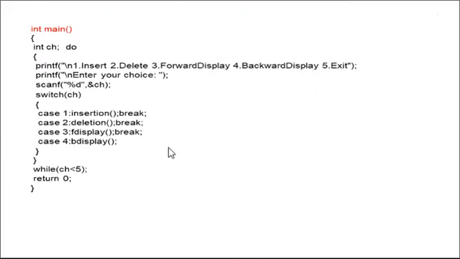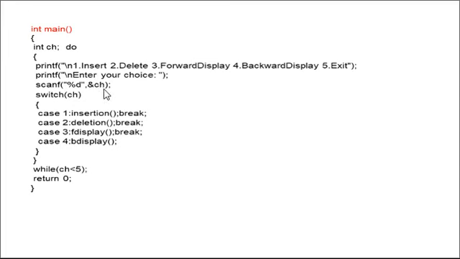First we will see the main function. In the main function, we are taking all the cases: insertion, deletion and traversing of the double linked list in both directions, that is forward display and backward display.